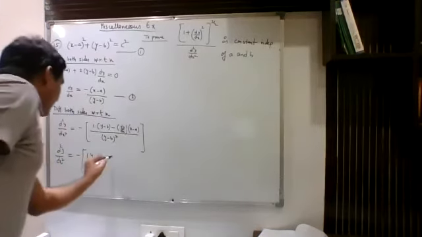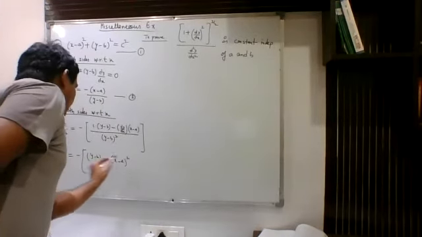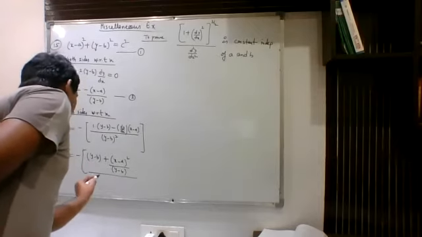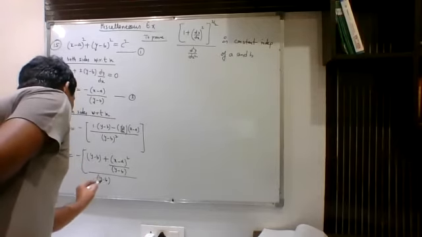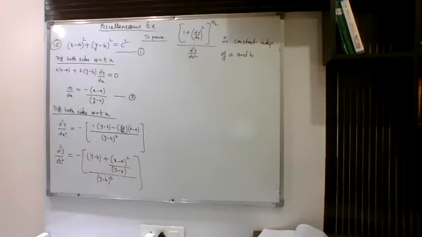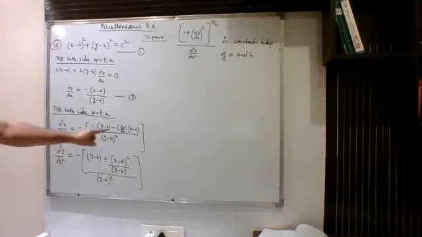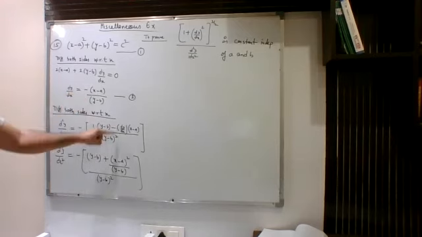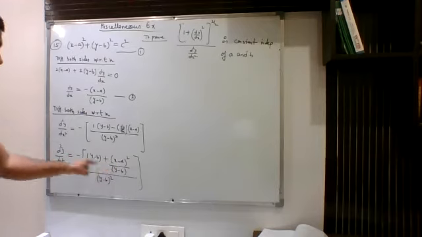So it will become (x minus a) whole square with a positive sign upon (y minus b) whole square. Now here let us take LCM, and we'll try to do some more calculations. So till now what I had done, I had just substituted the value of dy upon dx as this. After substituting, this is what we are getting. Now take LCM. After taking LCM, use this equation number 1 also.